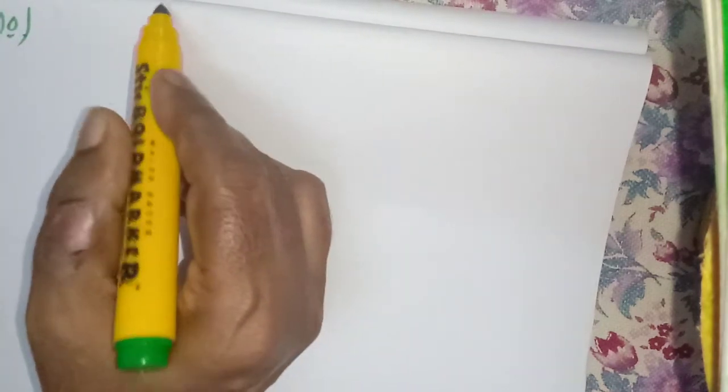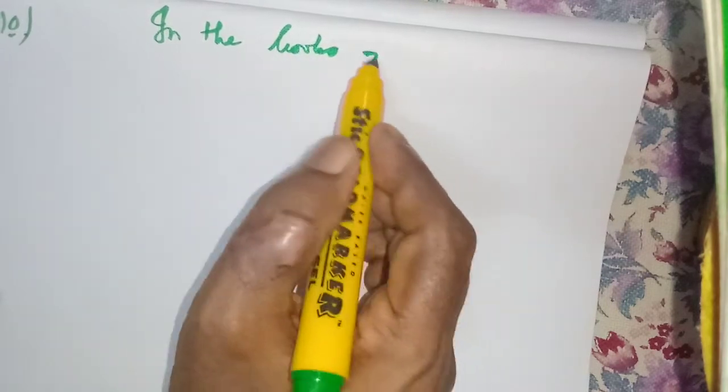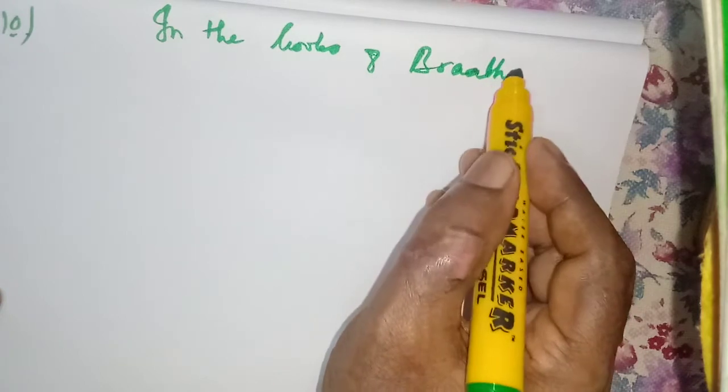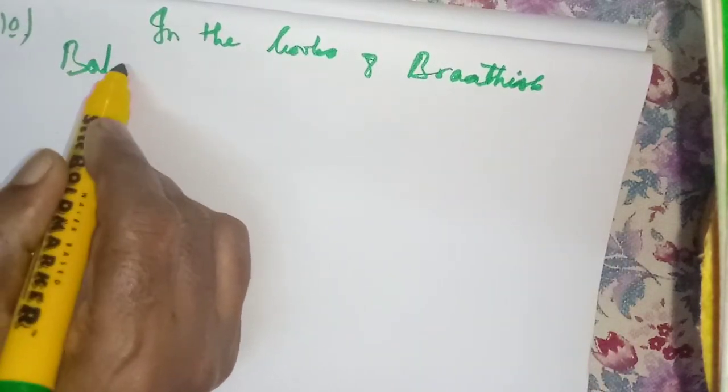Okay, 10. Let me read. From the following particulars, prepare balance sheet in the books of Bragadish as on 31st December 2017. So, first your number, then heading. First you have to write in the books of Bragadish. Then balance sheet